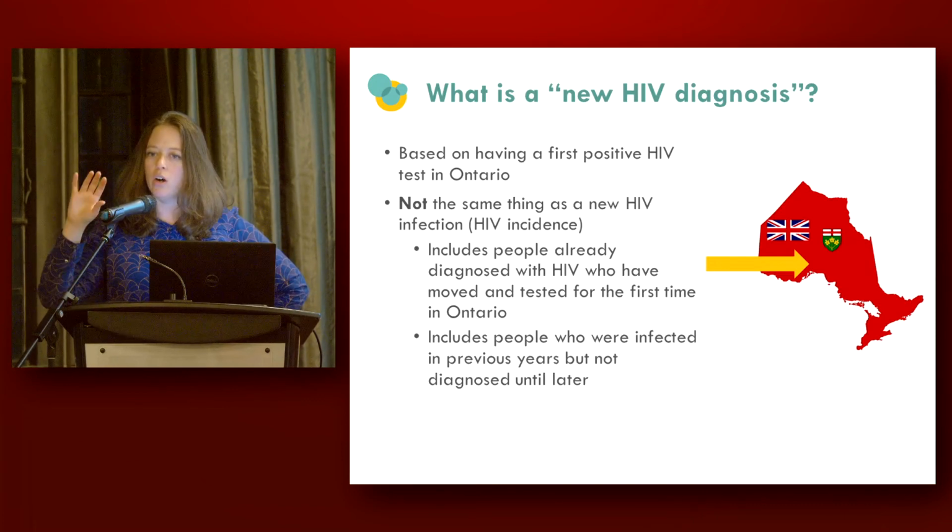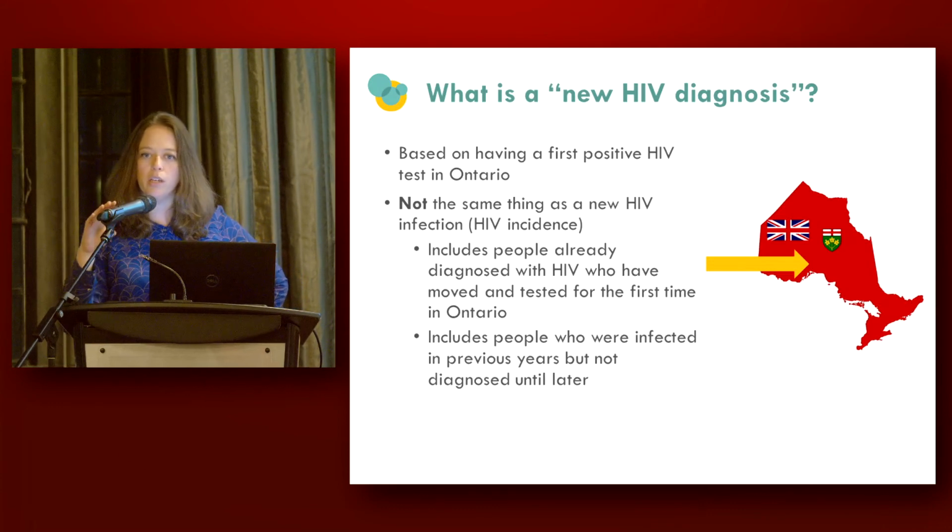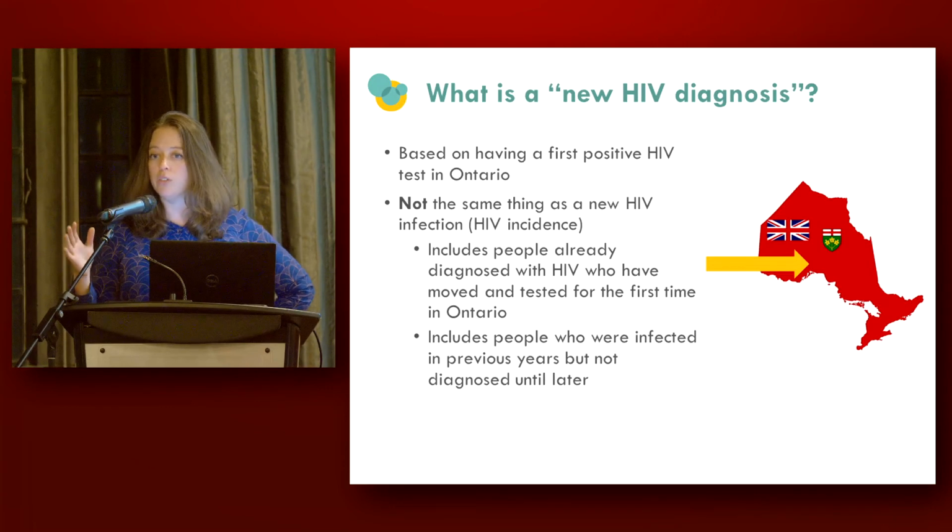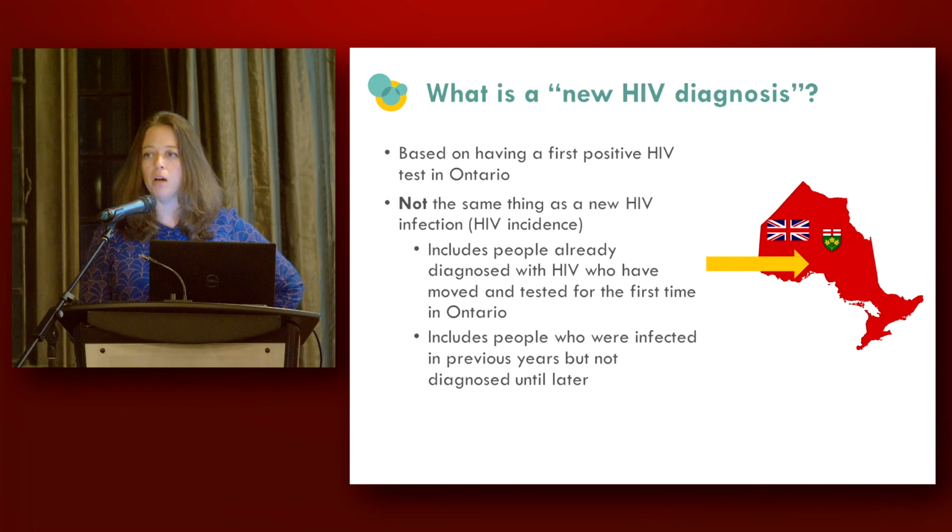Not only is it hard to parse between the new diagnoses who are actually newly diagnosed individuals, but new diagnoses aren't the same as newly infected. And understanding the effectiveness of some of the interventions we're talking about at the population level is going to take more time, because we know that from infection to diagnosis can take quite a bit of time. On average, I think it's probably around 4 years in many populations. But for some populations, that's even longer. So especially among women, we see longer times from infection to diagnosis.